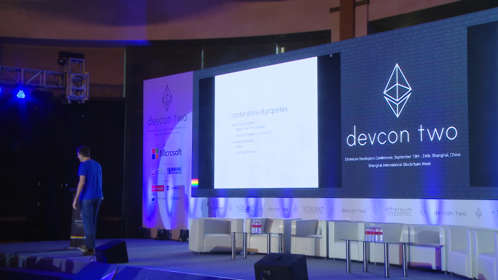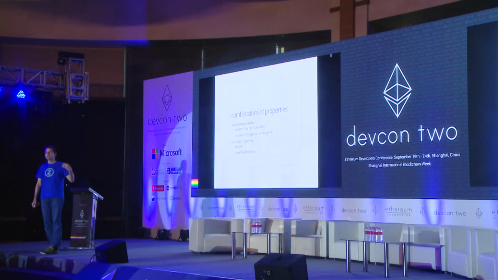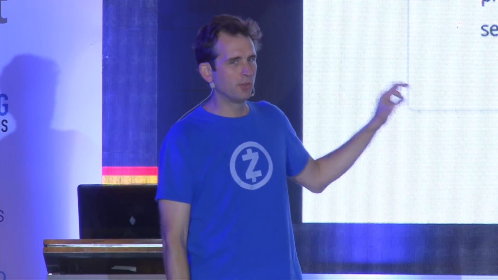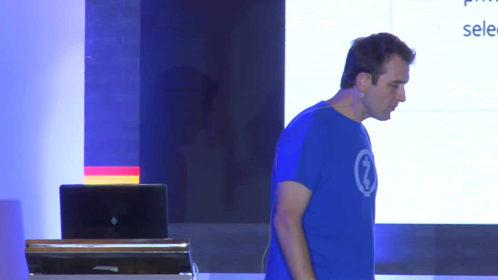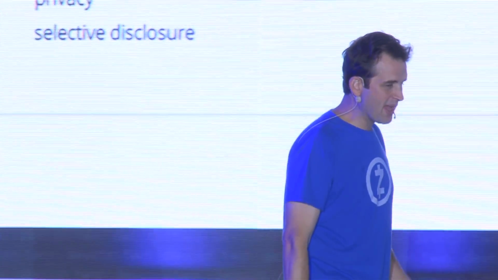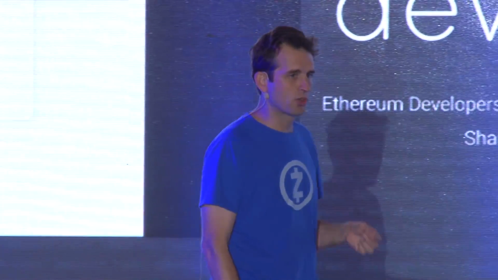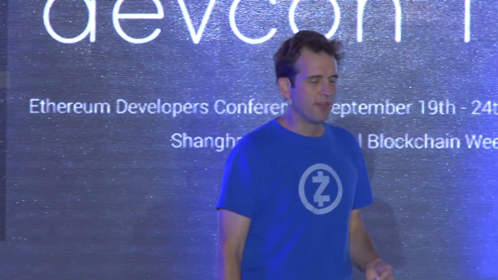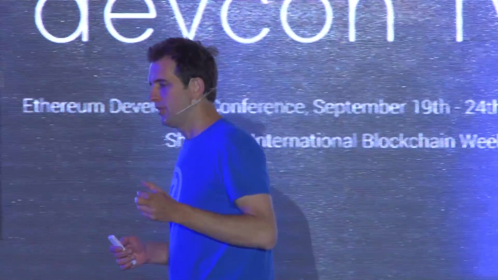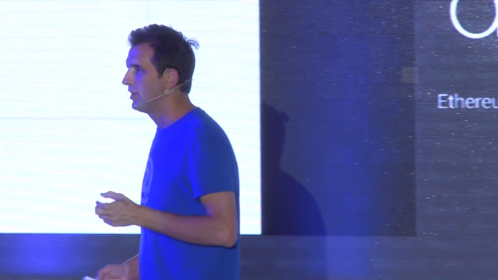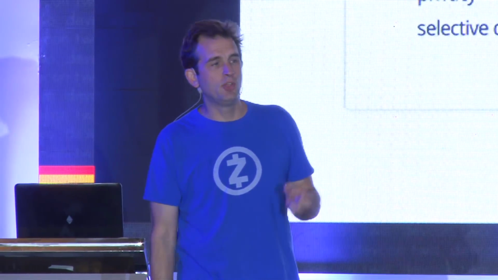That's privacy. And slightly less widely appreciated is the selective disclosure property of encryption. This is just an outcome of mathematics: if you're using encryption to control read access to your data, then there's some secret, some decryption key, and knowledge of that secret is necessary and sufficient to get read access to the data, right? But that implies that if you know that secret, you could choose to share that decryption key with someone else, and if you did so, that would give them the ability to see that data.